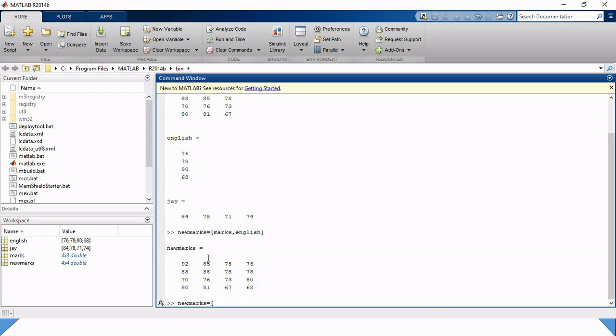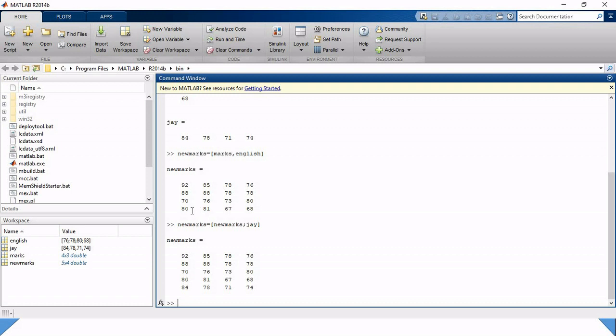So first of all this matrix, new marks, then we need to add this student, so we put a semicolon, the marks of the student, and press enter. Okay, as we can see, I think we successfully added the new student to our mark sheet. So this is the complete mark sheet that we generated from the data.